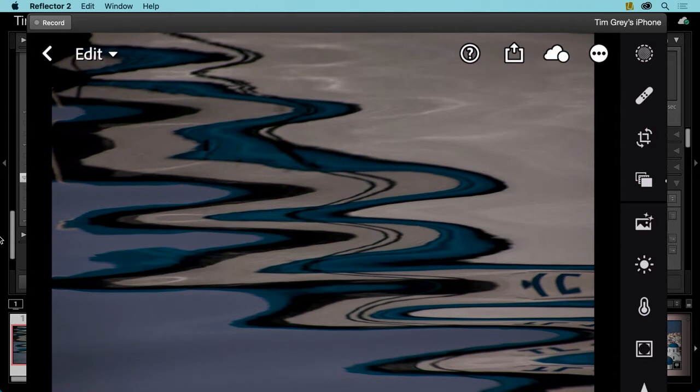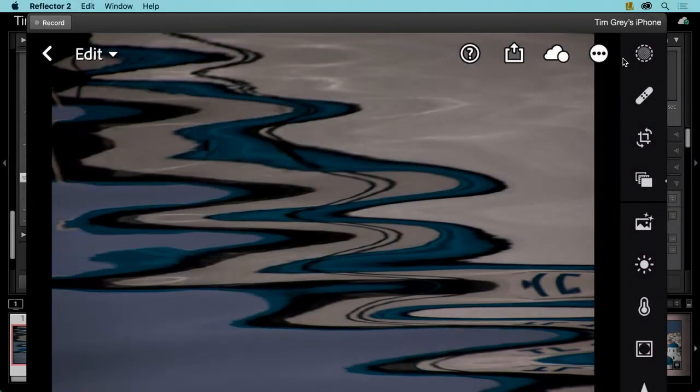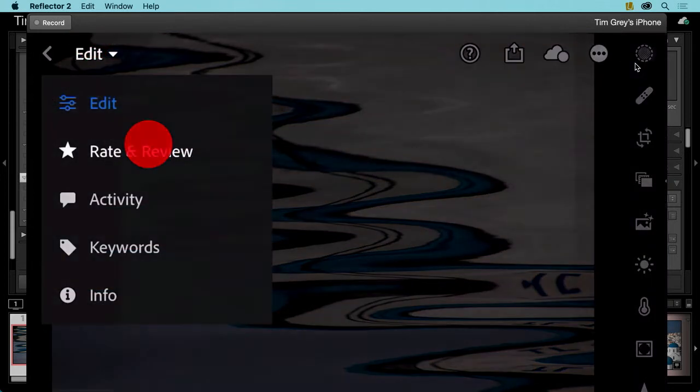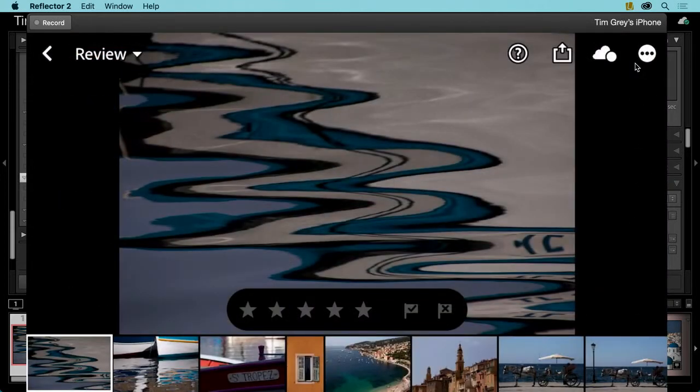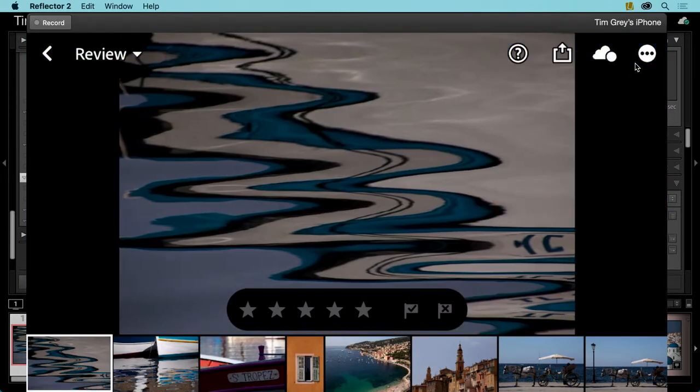So now I can review my images. Now at the moment, if you take a look at the top left, you'll see that I am in the edit mode, and that's why over on the right-hand side we see the various controls that represent essentially the develop module. But I can also switch into, for example, the rate and review. And so I can review my images. I can swipe left and right to navigate through the various images that I have synchronized, and I can rate